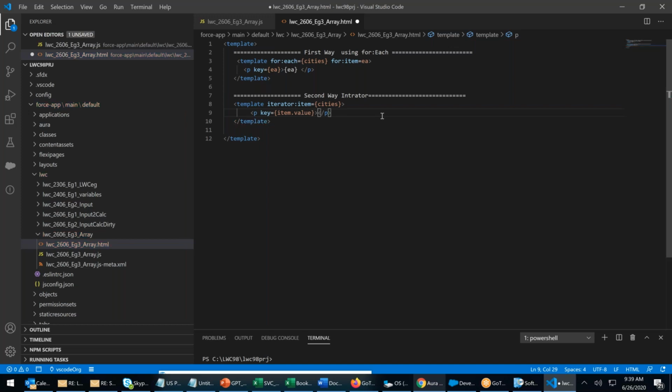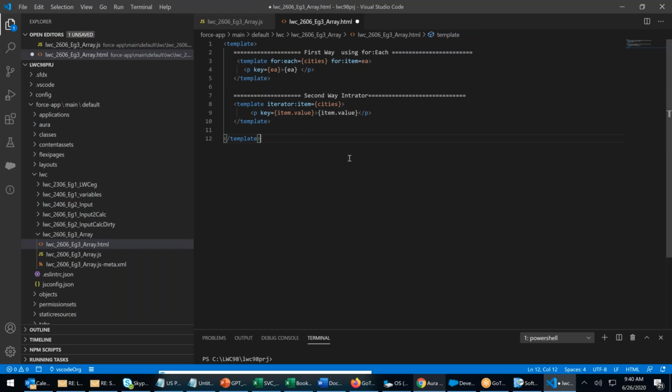Inside that, showing is the same, my key, and here my value. What is my value? My value is item dot value. Item will hold cities. From there, 111 is called value.